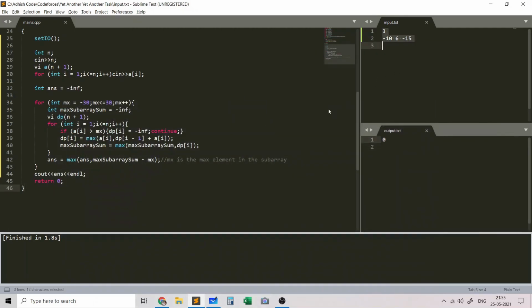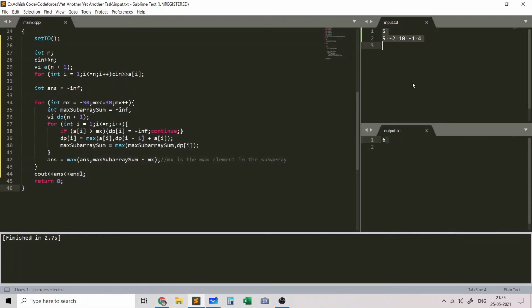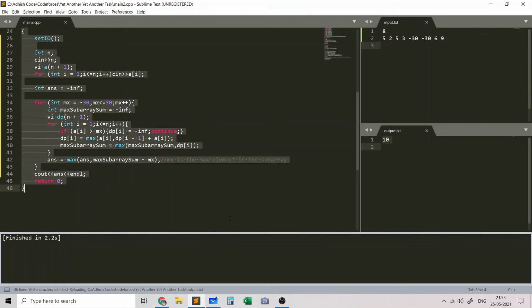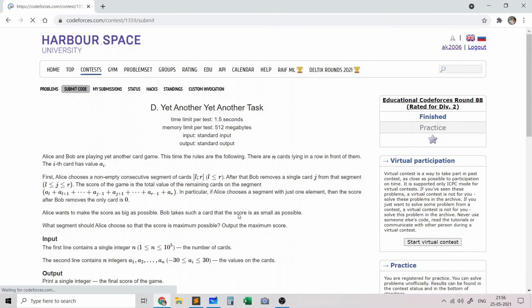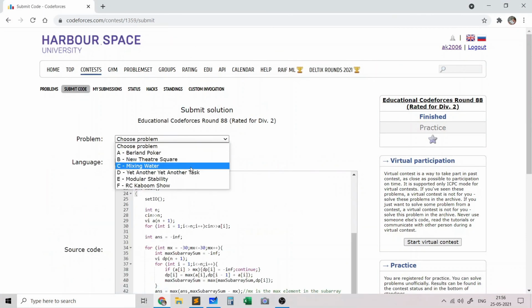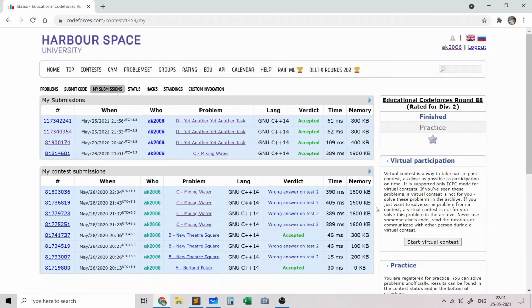Let's run it on one more test case, the first sample test case, and it gives the correct output of 6. And let's run it on the second sample test case, and we get the correct output of 10. So let's just submit this code to see that it gets accepted. So as you could see, my code got accepted.